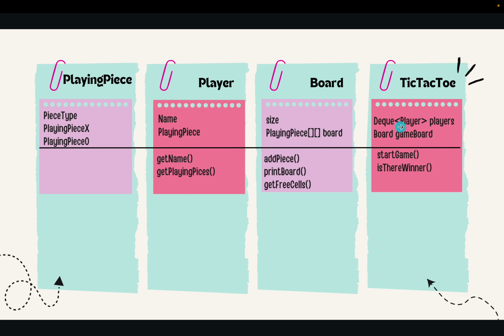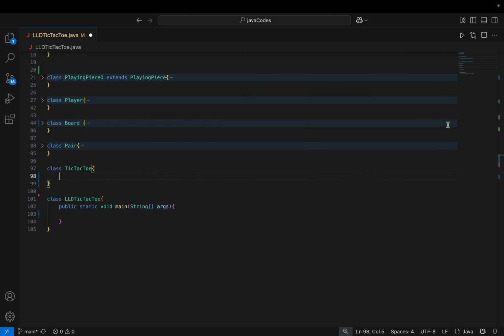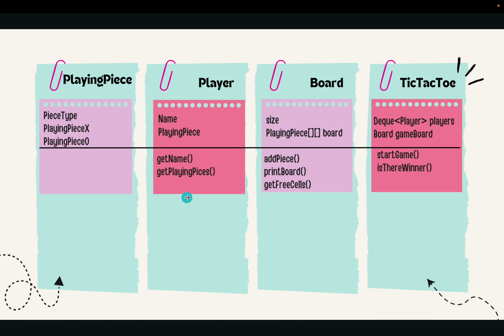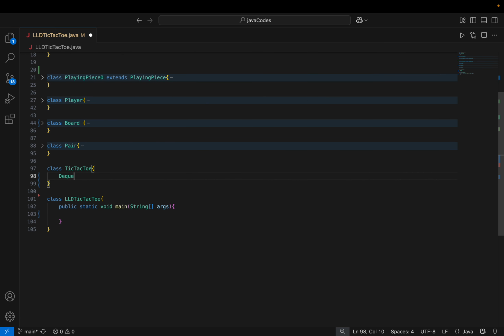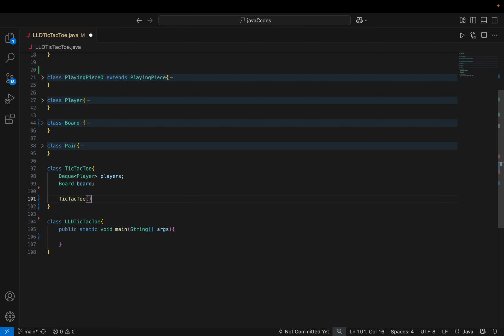In that, we have a queue which can hold the players. Okay, so deque is a kind of data structure in Java. It's a double-ended queue, just like the list. Okay, so we can have the players. After that, we need a board. So I'm going to create a constructor for that. In that, I'm going to initialize the game. Just init the game,